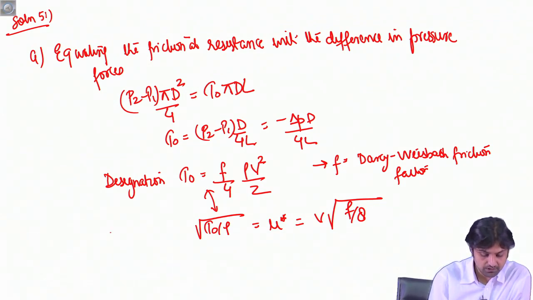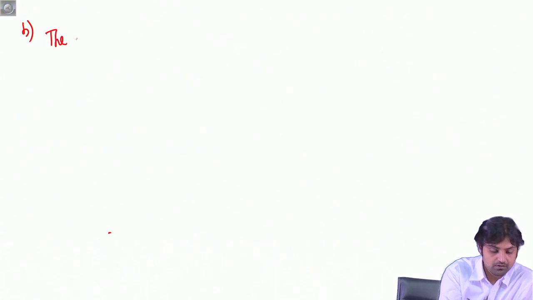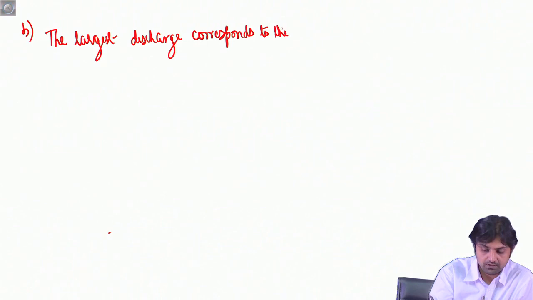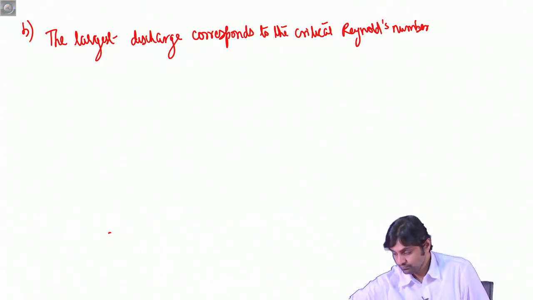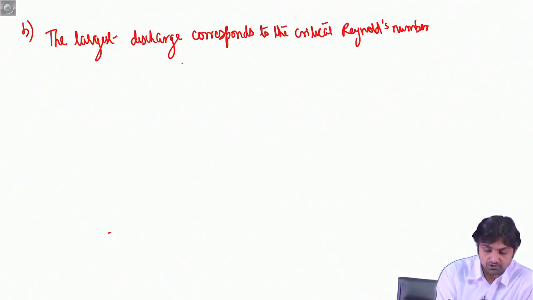Now starting with the second part, part B. The largest discharge corresponds to the critical Reynolds number, which for laminar flow can be maximum 2000. Remember,